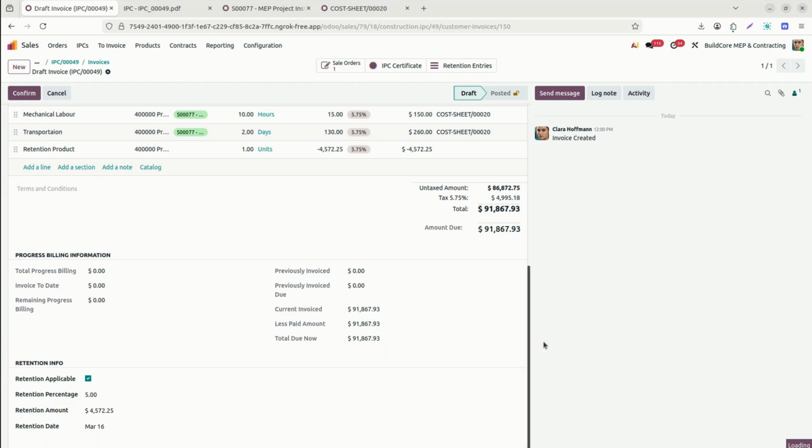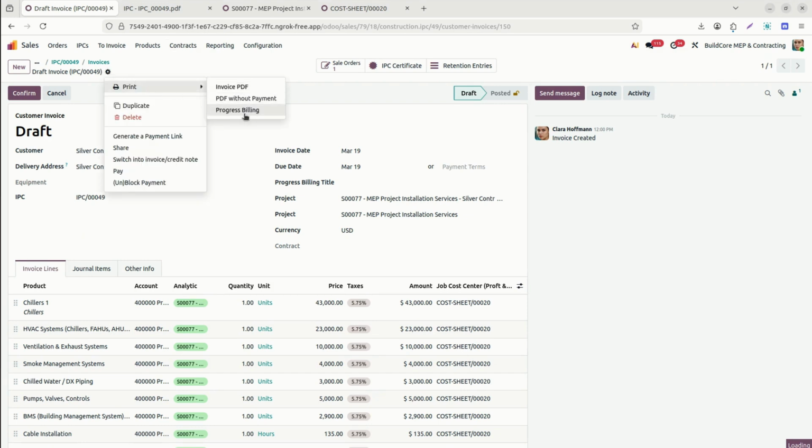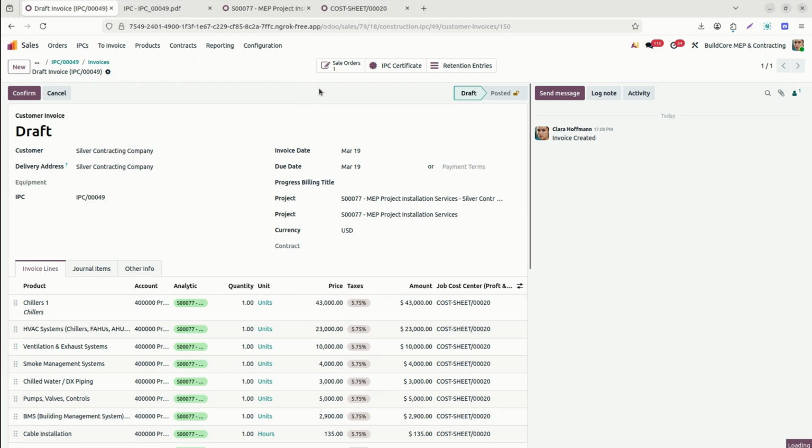So we can see here the current invoice less and the total due amount. Now here retention is already coming over there, all the details. We can also link here our project, which is already linked. This is a duplicate because one is coming from the analytic account and one is the project, so we can also link here. Progress billing title, if we want, we have a separate format for the progress billing. If we wish, we can also print it from here, and we can add the progress billing title also. The same title will appear over there. Once it is confirmed, it will be